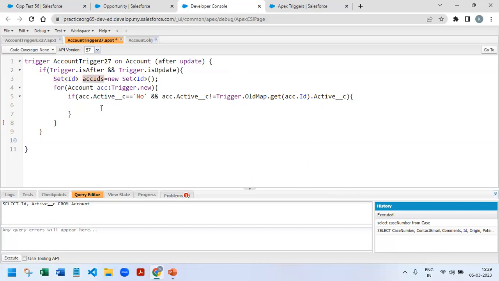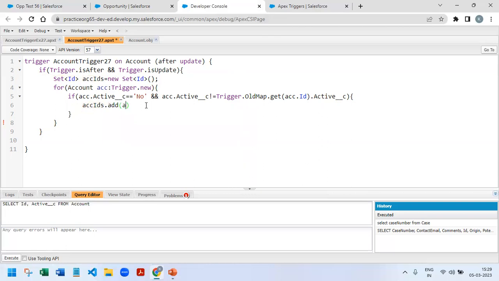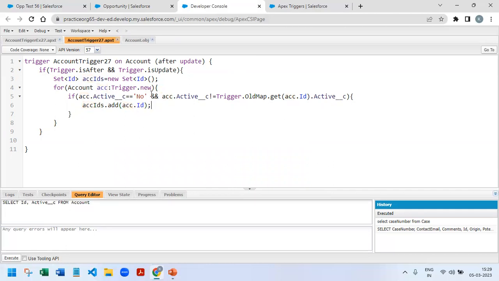Okay, so in this set we have to add these IDs. So acc.Id, this is a looping variable. Within this, each of those IDs only, I'm going to add into one of the account IDs. Okay. So till this, the first part is done. Okay. The very next thing is